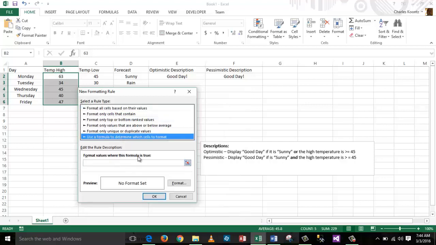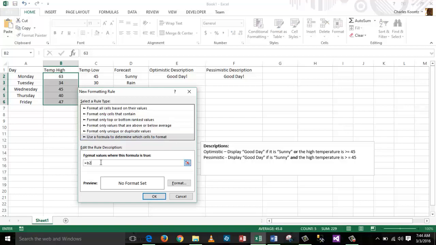I guess I'll put in my own rule in here, so I'm going to use the formula. I was looking to see if there were any pre-existing rules that seem to make sense for this, and I don't see it. So the first cell in this range is going to be cell B2, so equal B2, and